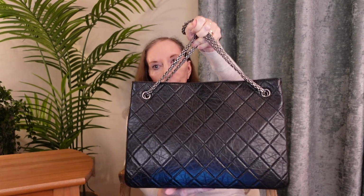Shoe polish works just as well on leather on a bag as it does on leather shoes. And if it's a different colour, just try and find a really good match. And seriously, it will cover the mark up. You won't even see it. Just put the shoe polish in, rub it in well. Leave it for a good half an hour to soak into the leather, because you've taken the top surface off and it's more permeable underneath. So leave it to sink in. Half an hourish, buff it up, brush it with a shoe brush. Good to go. And that is my beautiful